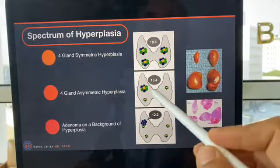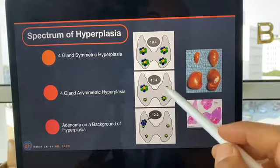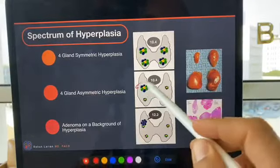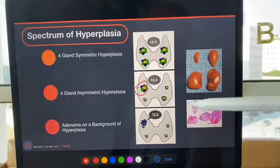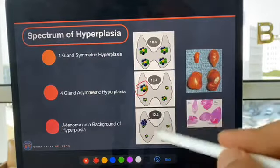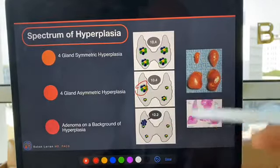Now, if you have this asymmetry and you have a really big one and the other three are much smaller, when this is taken out, your PTH can drop because this one is so much more active than the other three. And on a radio-guided surgery, these less active glands may seem not to be active enough to need to be removed, and so you may have a surgery that fails, essentially, because you're dealing with asymmetric hyperplasia,